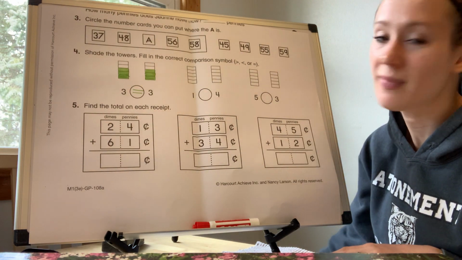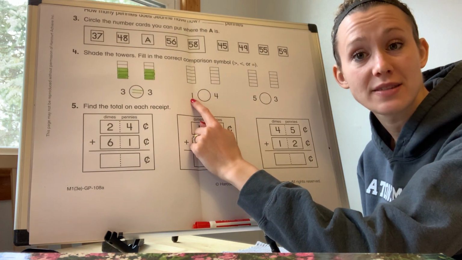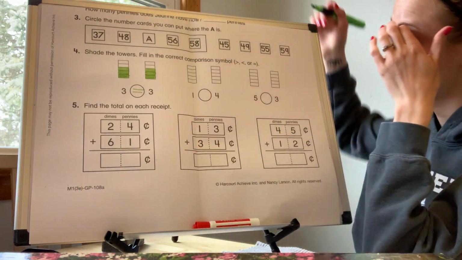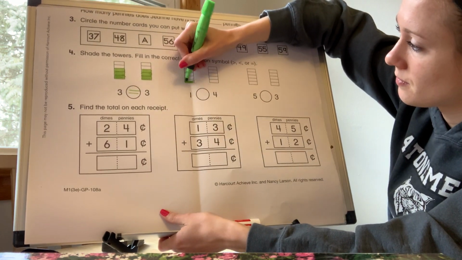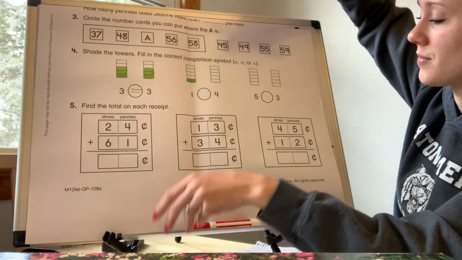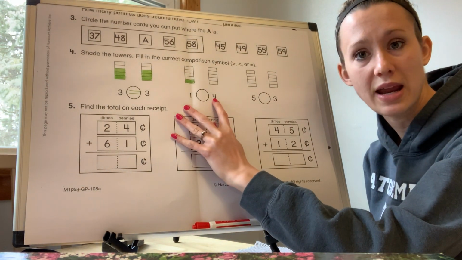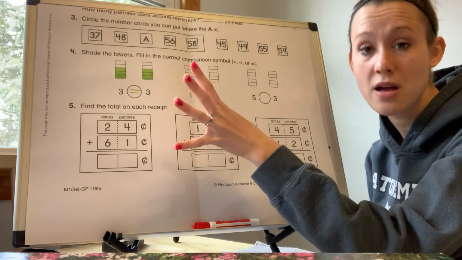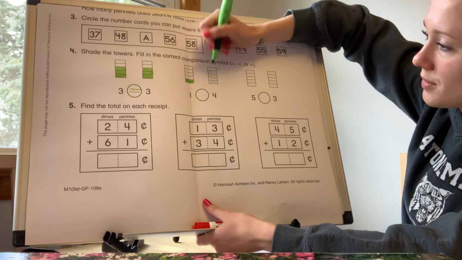All right, awesome. Now we're going to go to the next one. How many are we coloring on the left? It says 1. So color 1 on the left. Awesome. Now, how many are we going to color on the right? It says 4. So now we're going to color 4. All right, so